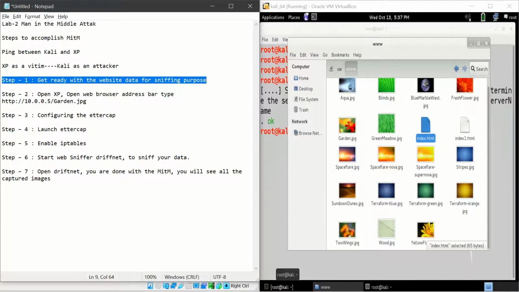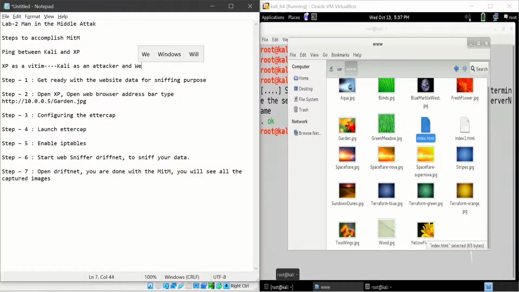XP as a victim, Kali as an attacker and web server as well. So it's very important. Second thing, we have done these first two steps.